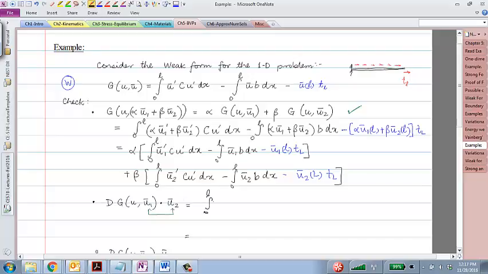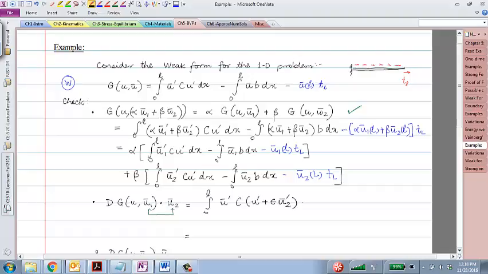Integral 0 to L of u bar times, anywhere that real displacement occurs, we will replace that with epsilon u2 bar. So that would be u prime plus epsilon u2 bar prime,